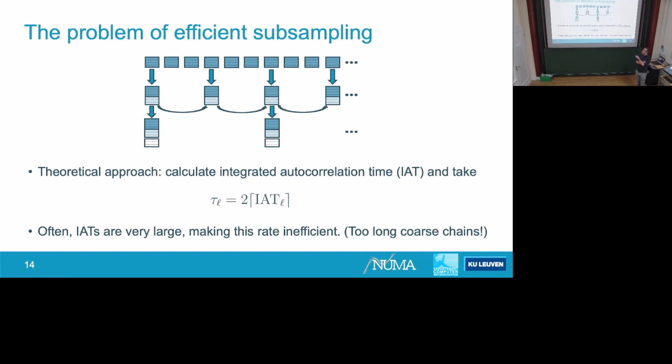In practice, you don't have this, of course, because these coarse modes also come from the Markov chain. So how this is typically solved in practice is by saying, look, there is decorrelation as a function of time. You can measure this by computing the integrated autocorrelation time of your Markov chain. And if you just wait long enough, the samples are essentially independent. They are not independent, but they are indistinguishable from being independent.